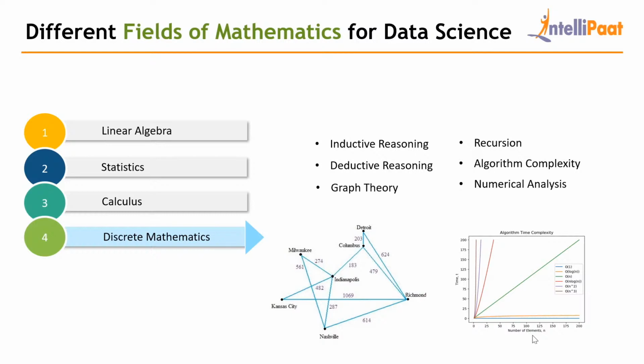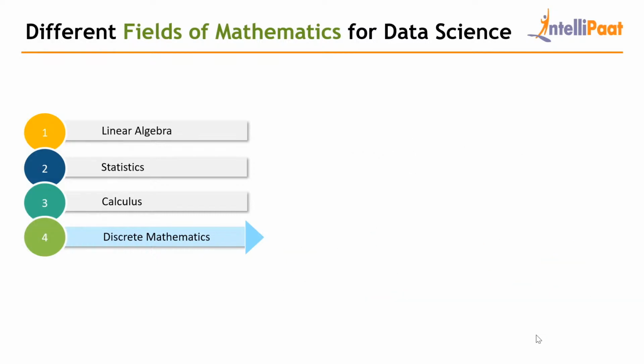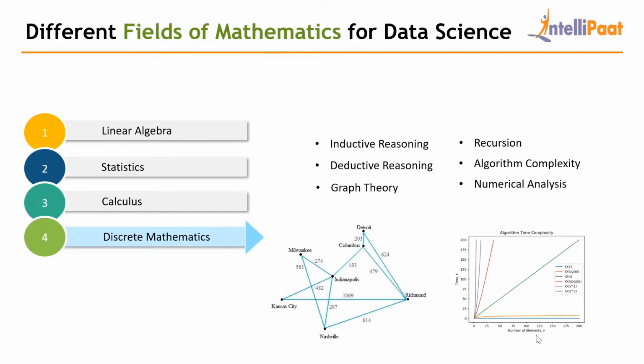If I talk about inductive reasoning and deductive reasoning, it helps us to give the reason why this action is performed and why other actions are not performed. Then comes graph theory. As a data scientist, you should be able to solve problems in an efficient manner, and graphs provide a mechanism to do that in cases where the data is arranged in a specific way. Graphs are the best form of representing the data, so you must have thorough knowledge of graph theory.